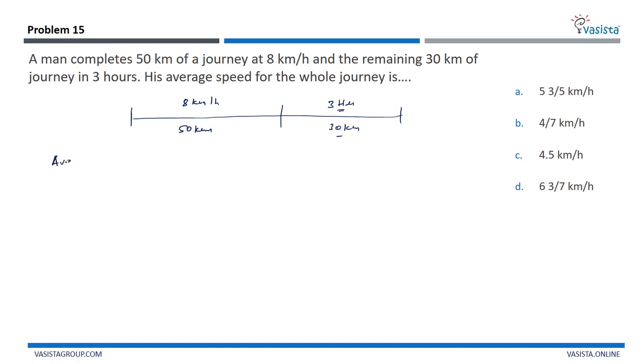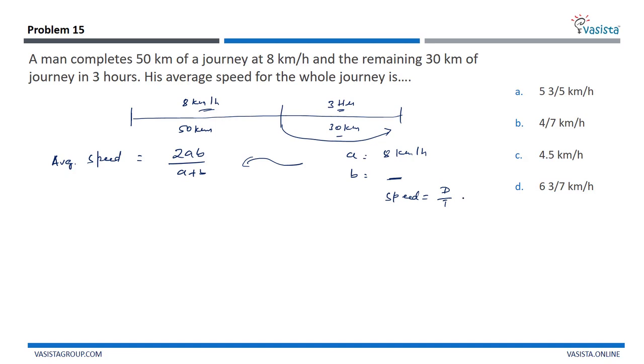We know average speed, we need to find it. Average speed is equal to what? 2ab divided by a plus b, where a is equal to 8 km per hour. B is equal to, that we need to find first. To find the speed in this particular journey, they have given distance as well as time. We know that speed is equal to